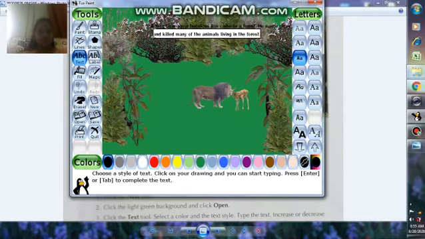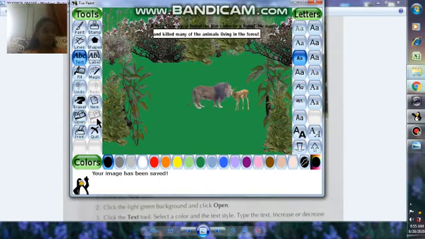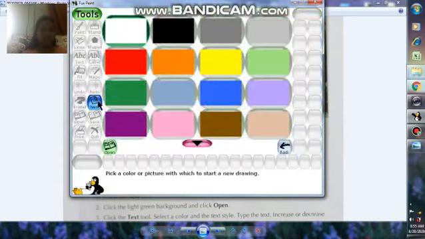Now save this picture using save. Okay, our picture is saved now. Now create third picture. Where is the third picture? In figure 4.9. To create third picture, repeat the steps used to create the previous pictures. The steps are not given here, but we can do. For third picture, again click new, select green as a background color.